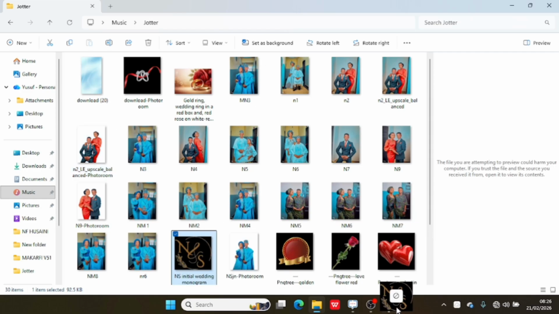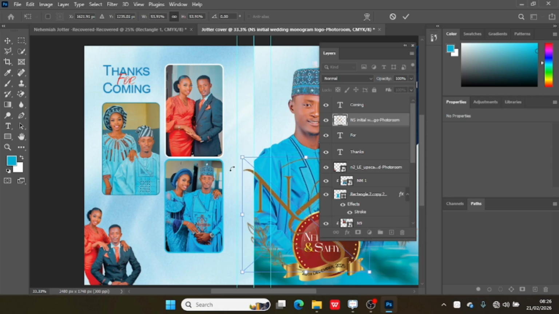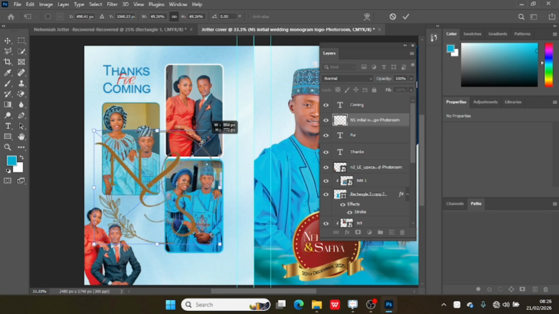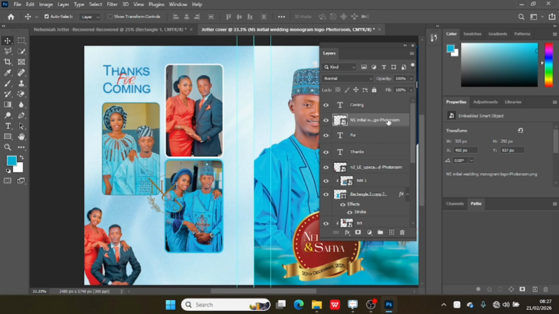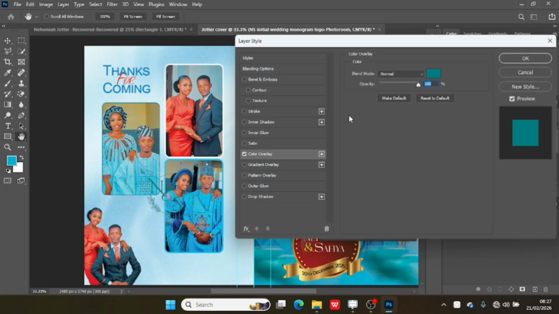Yeah, okay, all this kind of thing is just something that I will create. Okay, I actually found this one from Pinterest. I got it from Pinterest. I typed in NS. The N stands for the groom's name and then the S for the bride's name. So I'll hit over to here, color overlay,